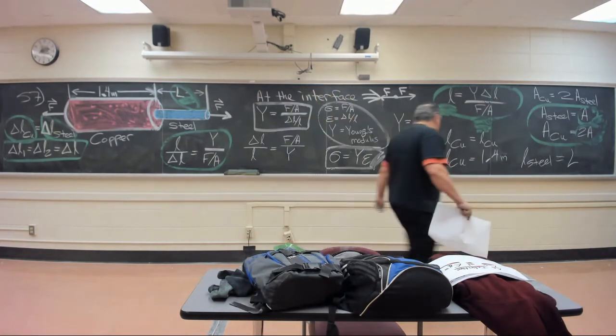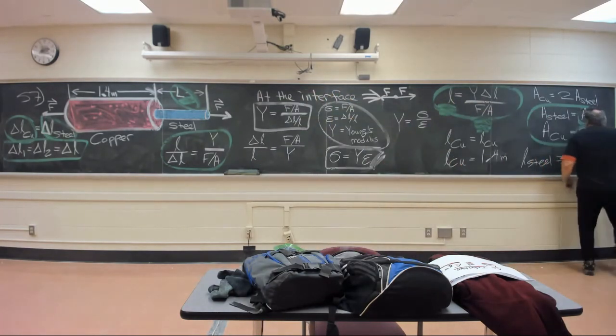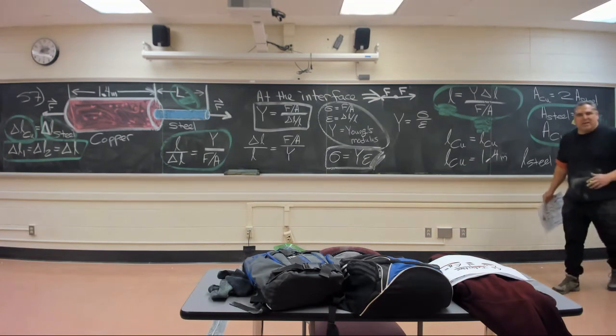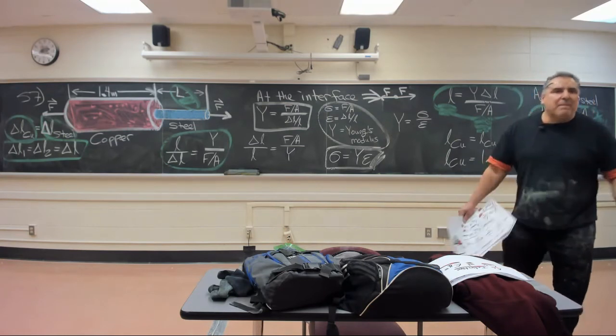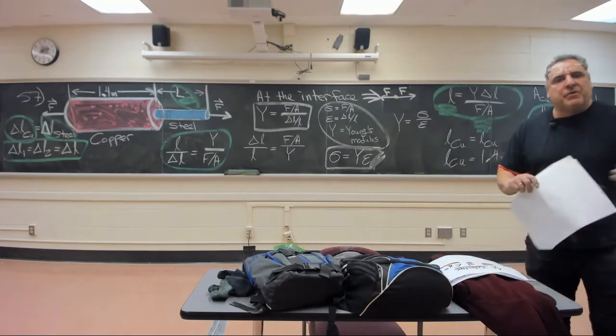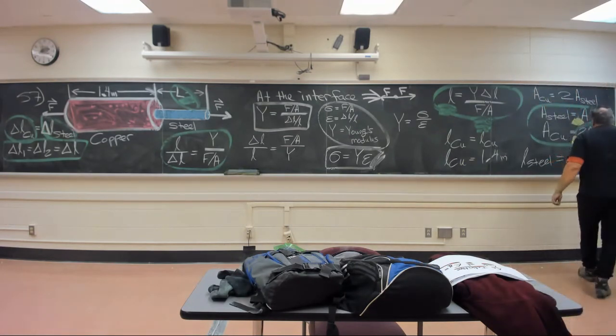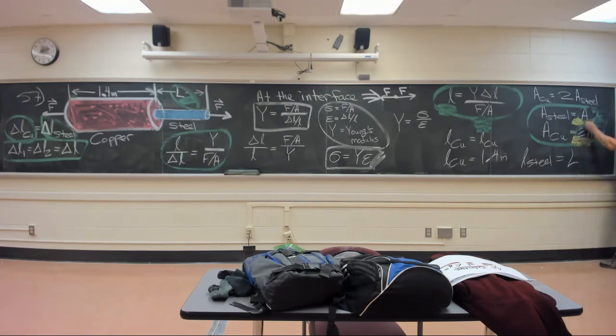Looking at this, guys, A is a whole lot easier to look at than 1 square centimeter. I know it's not a real complicated thing either. 2A is a little easier to look at than 2 square centimeters. And I don't have to worry about the units, except there's going to be cancellation. The units don't have to agree between square centimeters and square meters. That makes it easy. You can kind of throw that out the window if you're doing a comparison with units that are the same. So you got that. This guy, L of steel,